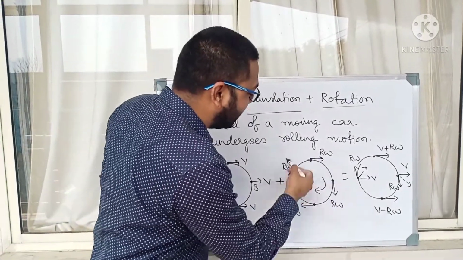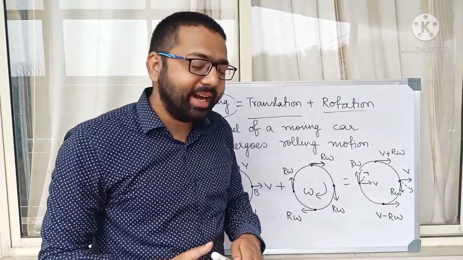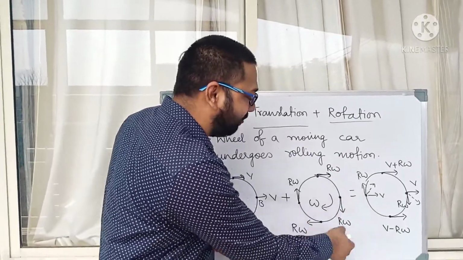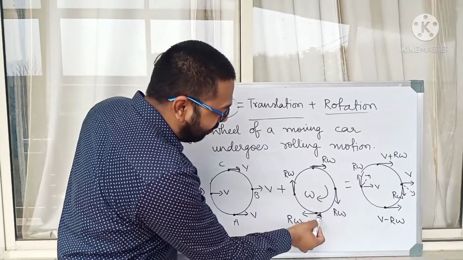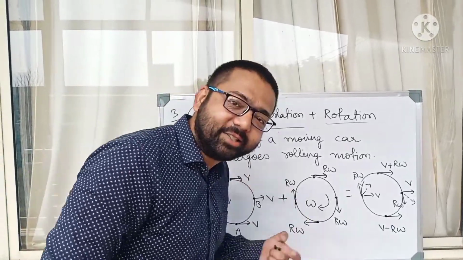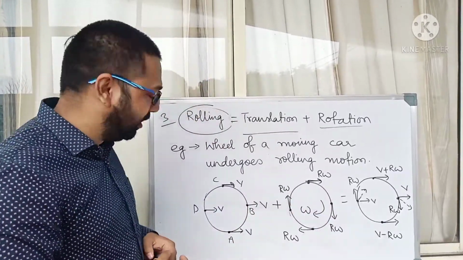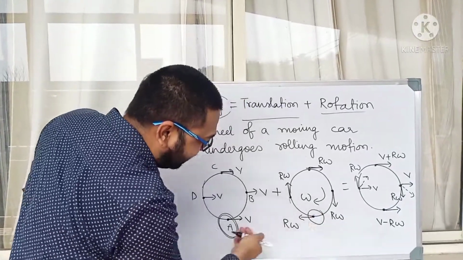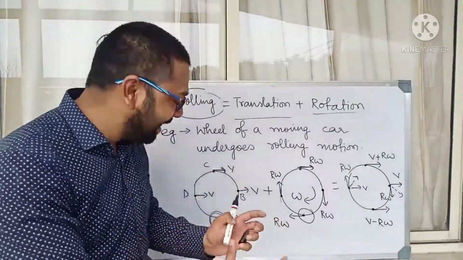Now this is the scenario which is pure rotation. So v is equal to r omega, right? All the points A, B, C, D have the same speed because r is the same for all the 4 points, so because of omega they will have linear velocity r omega, r omega, r omega, r omega in this direction. So this is translation, this is rotation, and now we are trying to add these two things. For point A, you observe this is the velocity in this direction and here it is in the opposite direction. Adding these two, what I have written is v minus r omega. Are you understanding? Adding these two effects.